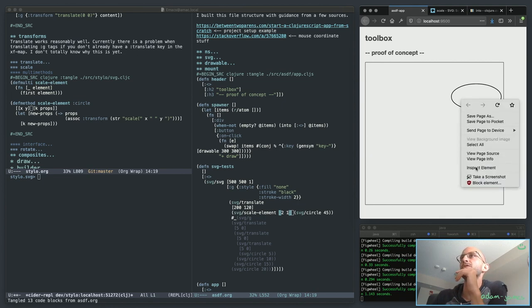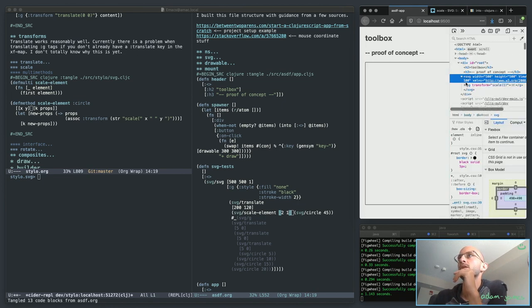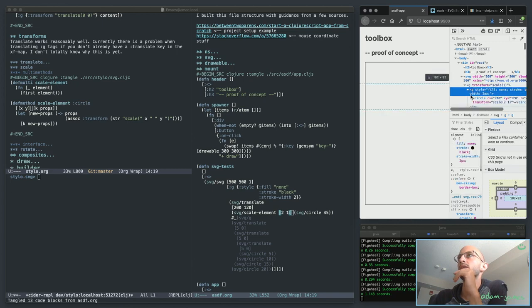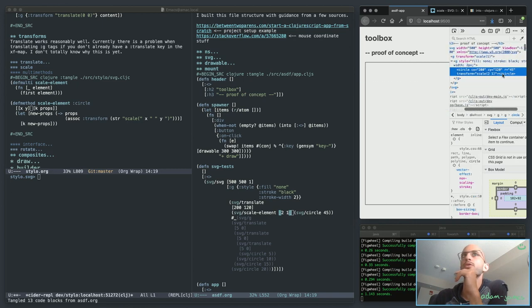Let's have a look here. Let's inspect. Let's have a look at the circle. Okay, so it correctly has transform scale. CY, CX. Why did that change? Oh, that's because of the translate there, of course. And then the radius is 45. So that idea should work just fine, and as it turns out,